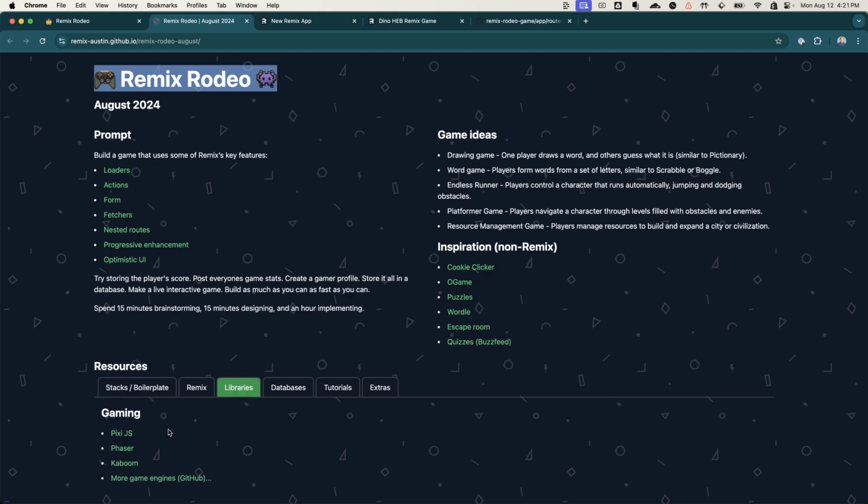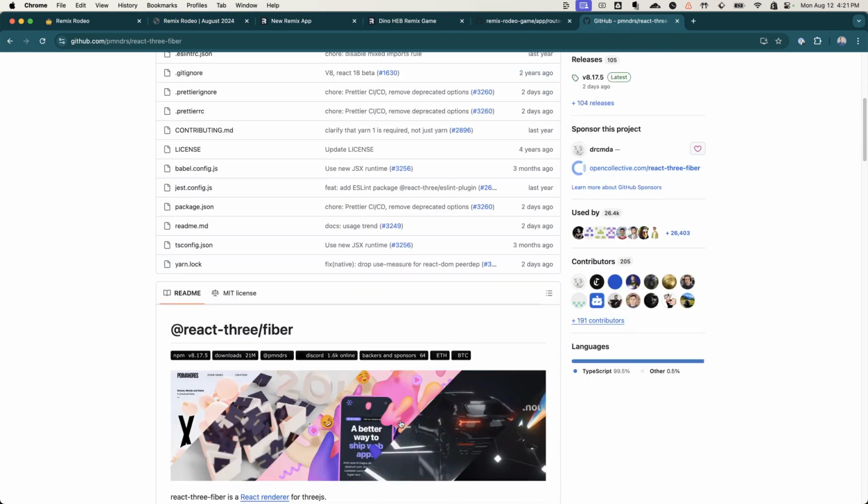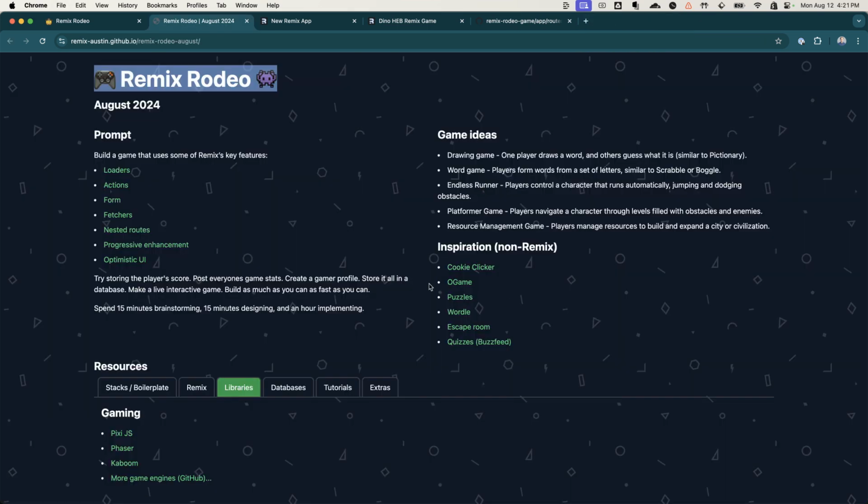Now, Remix isn't necessarily the best framework to build a game with, or rather, it doesn't really do anything specific for building a game. React is pretty good for it, especially. There are a bunch of different libraries you can use, like Pixi.js, Phaser, Kaboom. You can also use things like React Three Fiber to do 3D rendering. There's all sorts of ways in React to build games. But we're a Remix meetup, and so we wanted to use Remix. Plus, if you have an online game, you probably want some sort of save state persisted in a database or something. So there's plenty of places where Remix gives you hooks for that sort of thing.